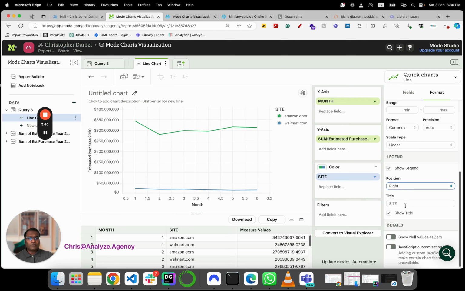Again, site is all uppercase, so let's make it smaller. Okay, now title of chart, estimated purchase on Amazon and Walmart in the year 2022. Okay, so this is our